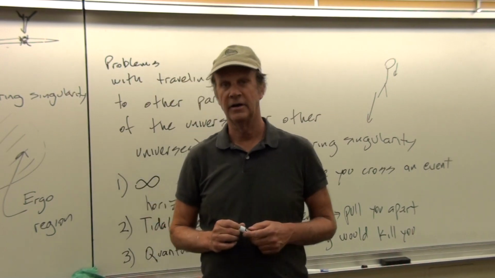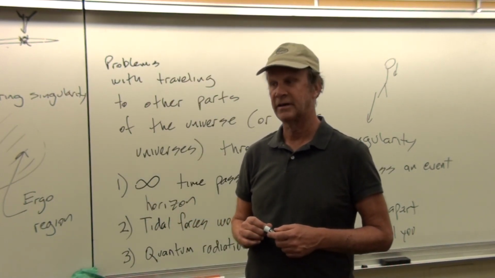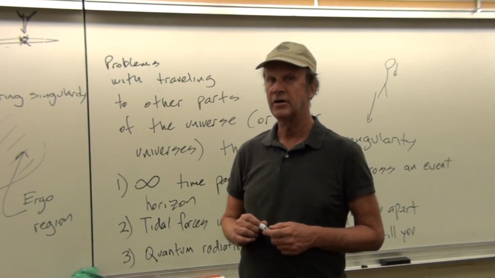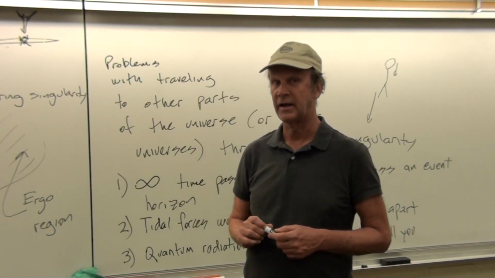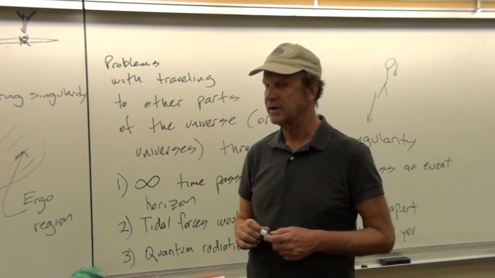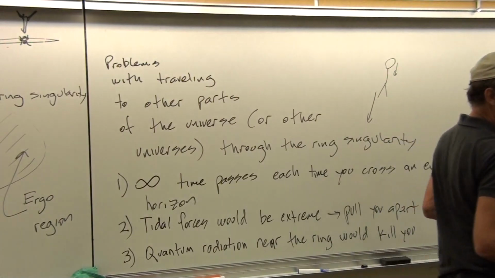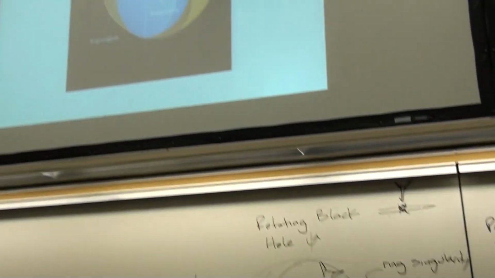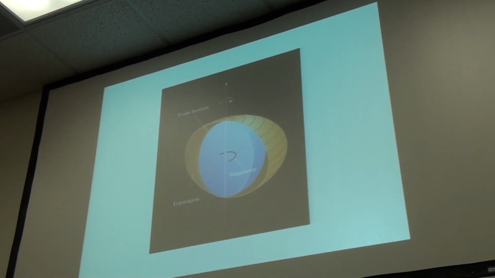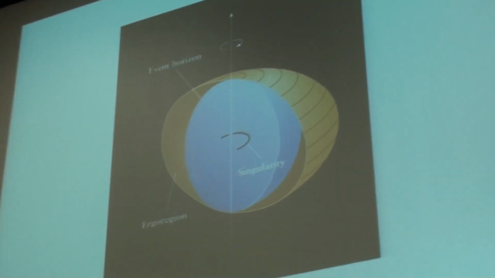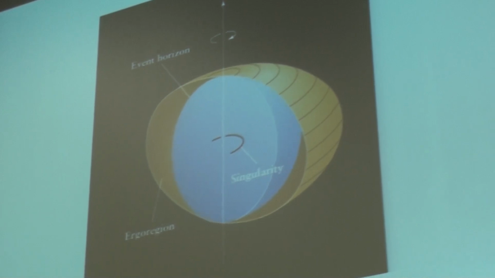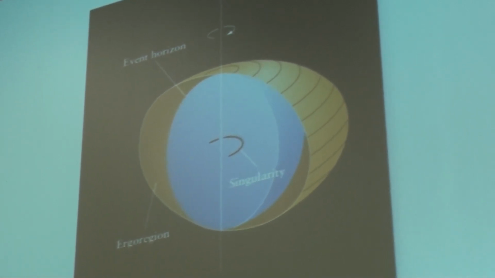So he went to Kip Thorne, who recently got a Nobel Prize for helping to co-discover gravitational waves with the LIGO experiment. And so Kip Thorne, being a friend of Carl's, worked through the idea, and if we could just look up here at the data projector for a second. Here is our rotating black hole solution. Again, the ring singularity, the ergo region, the inner and outer event horizons. Interesting, but maybe not so conducive to making that jump from one place in the universe to another.